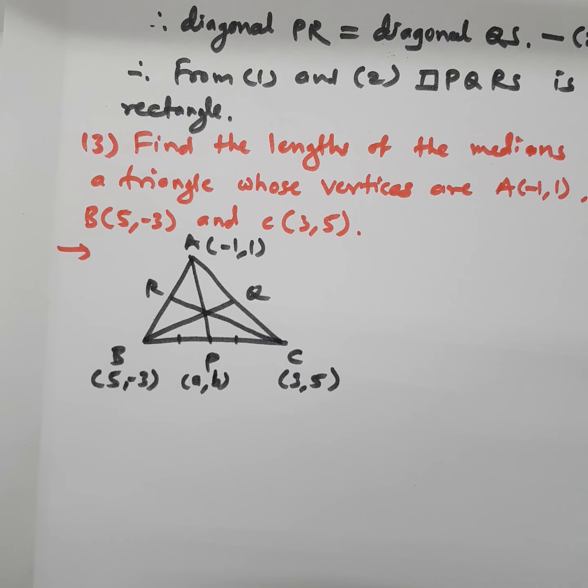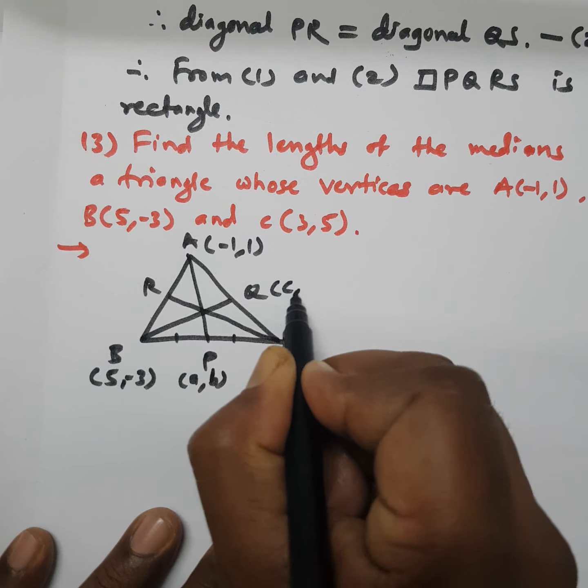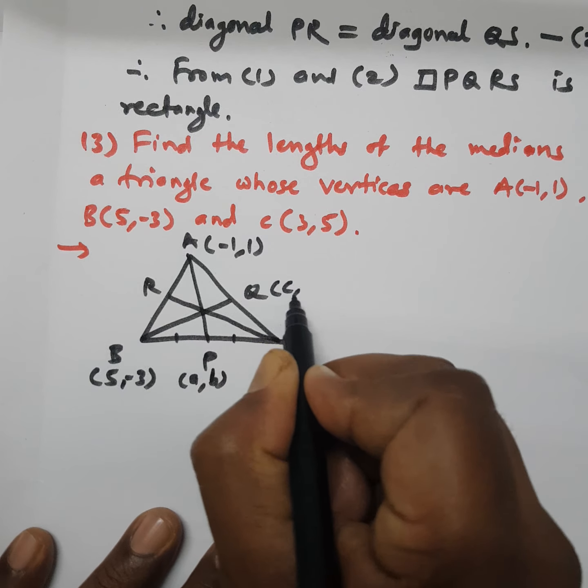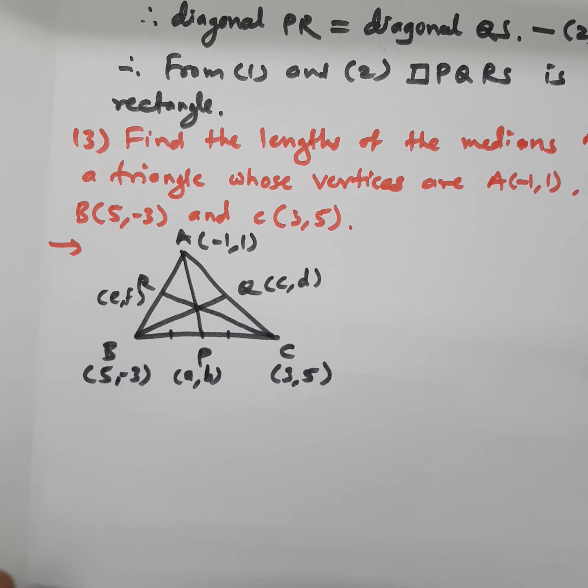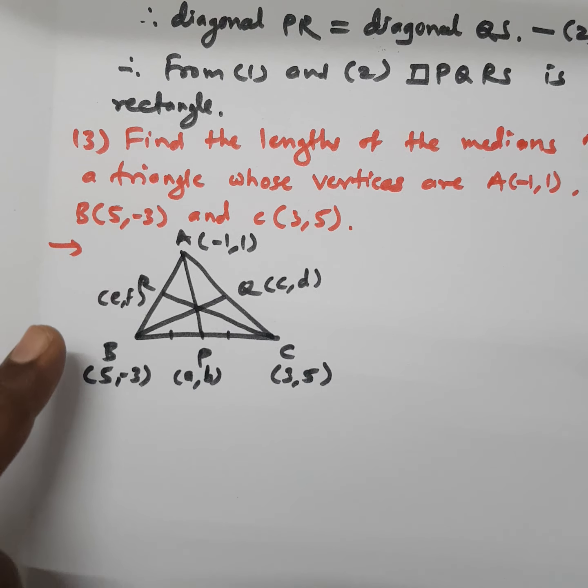Therefore, by using the midpoint theorem, we can find the coordinates of point P. Similarly, to find the coordinates of point Q, we use the midpoint theorem for segment AB, and suppose E, F are the coordinates of point R. If we find the coordinates of these midpoints, then we can find the lengths of the medians by using